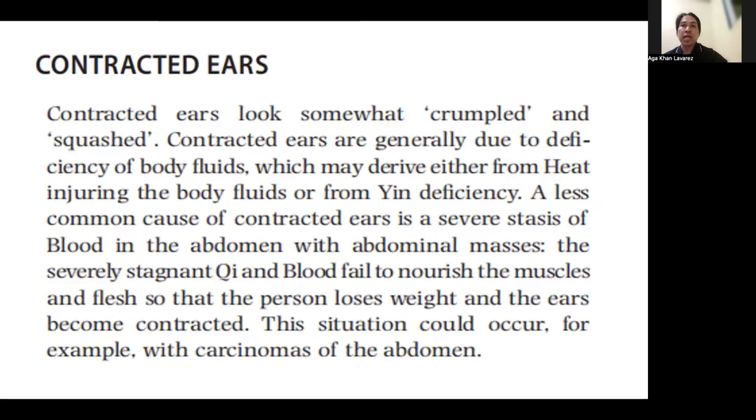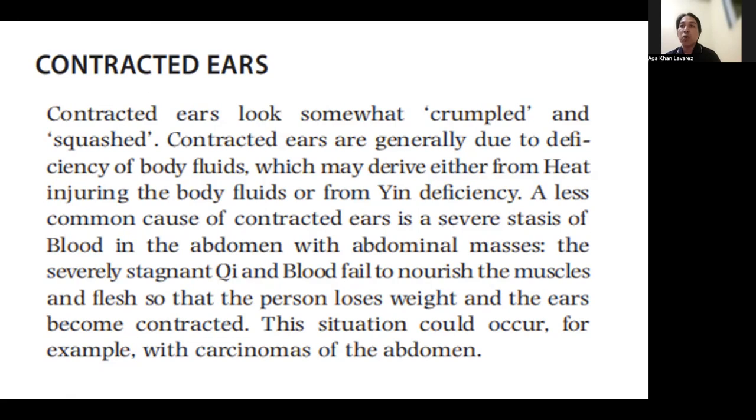Contracted ears. Contracted ears look somewhat crumpled and squashed. Contracted ears are generally due to deficiency of body fluid, which may derive either from heat injuring the body fluids or from yin deficiency. A less common cause of contracted ears is a severe stasis of blood in the abdomen